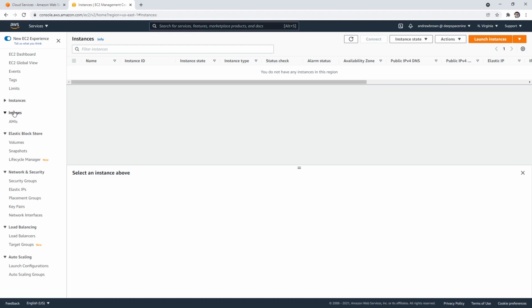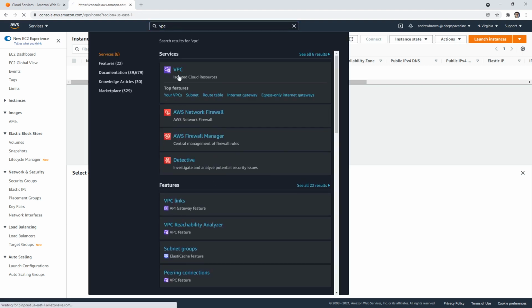Same thing with AMIs. Security groups, same thing with that. These are interesting because these are basically part of virtual networking, and so you'd think they'd be under the VPC console, but they are actually under here with EC2. And so load balancing and autoscaling groups are tightly coupled to EC2. If we make our way over to VPC,